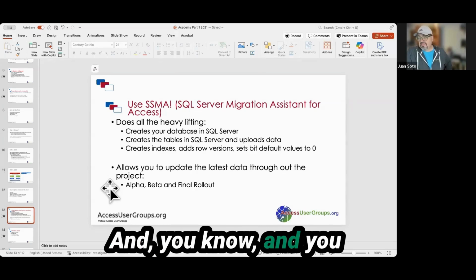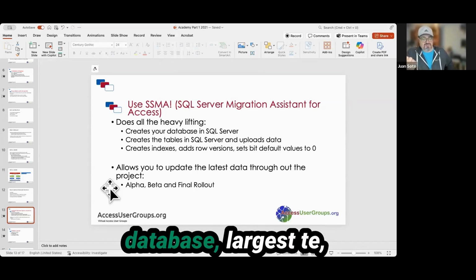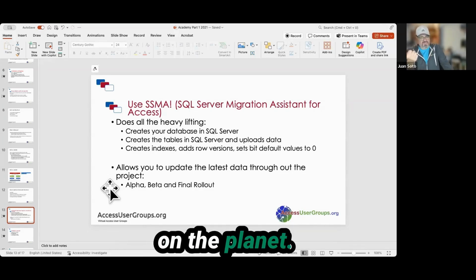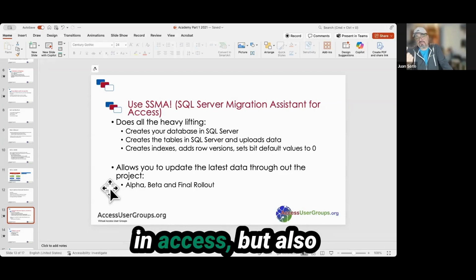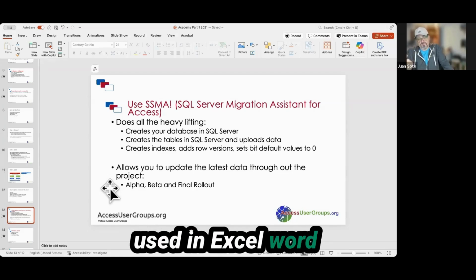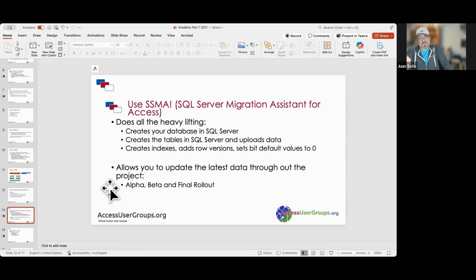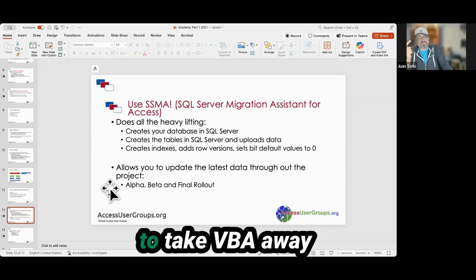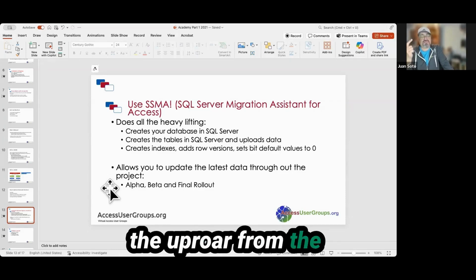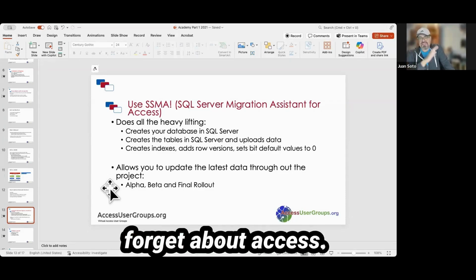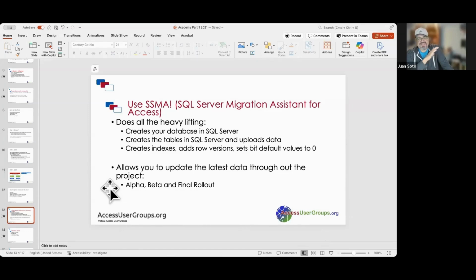It's the largest database, the most used database technology on the planet. VBA is not used just in Access, but also in Excel, Word, PowerPoint, Outlook. If Microsoft were to take VBA away, the uproar from the Excel community, forget about Access, the Excel community.